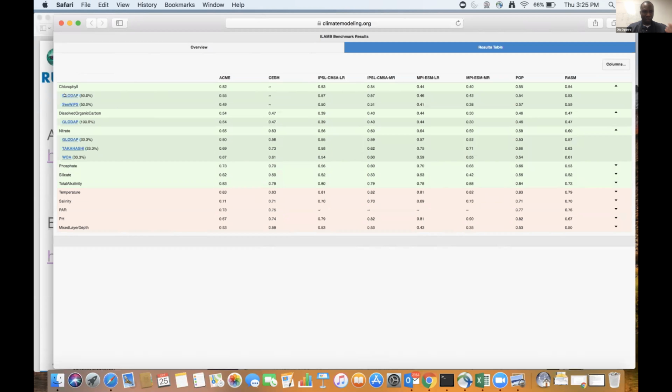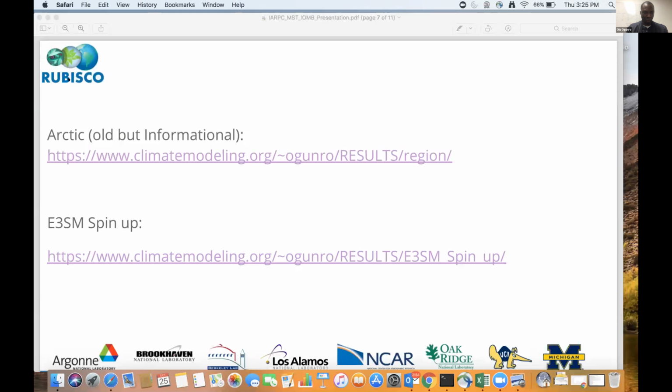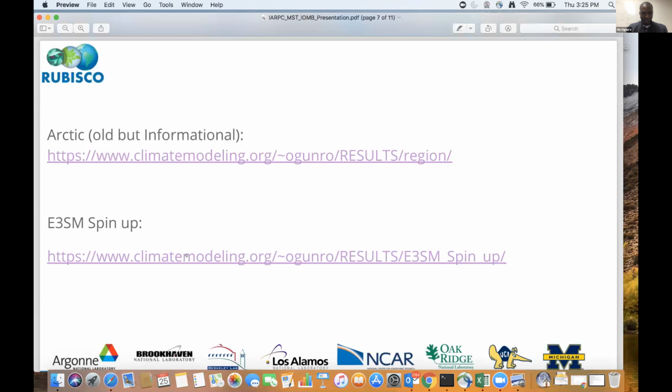Then you could begin to dig into each of these data sets to see what exactly is going on. But I won't do that here. I will do that for the next one. This is for the spin-up E3SM. I just want to show a couple of things. This is CESM with POP, this is E3SM with POP, the old one, and then this is E3SM, I think, with MPAS-O, the spin-up. So I'm going to do the same thing over here.